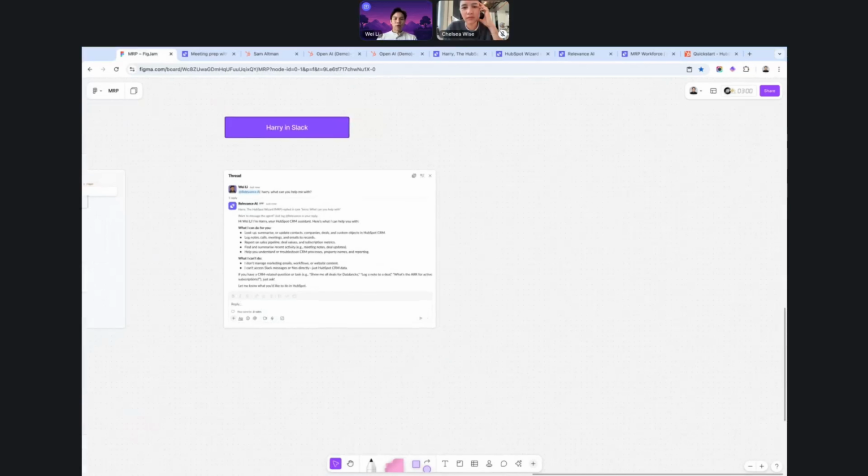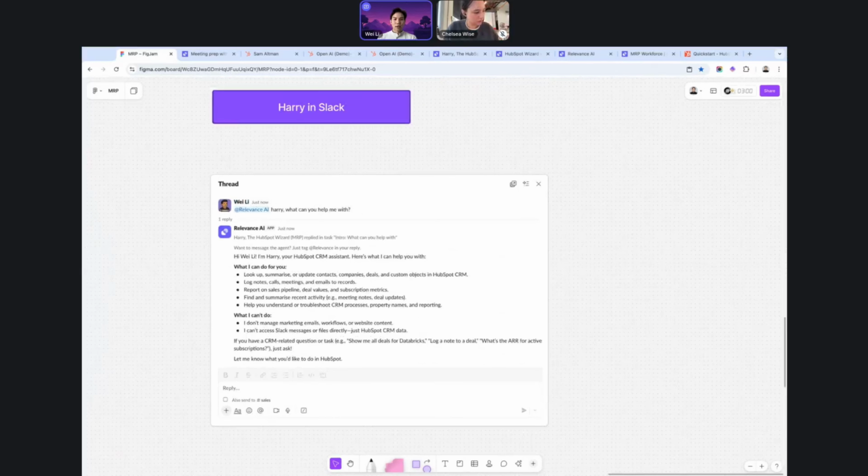The other example here is Harry in Slack. Now that we can connect agents to Slack and we can tag Relevance AI in pretty much any conversation or any channel, we are able to interact with this. This has also been a huge unlock, because now anyone can interact with our CRM in real time. Most of our employees don't even have a login to HubSpot, but they still care about a particular customer, or if they heard something came up about a cool use case from that customer, they can query our CRM via Harry in Slack.